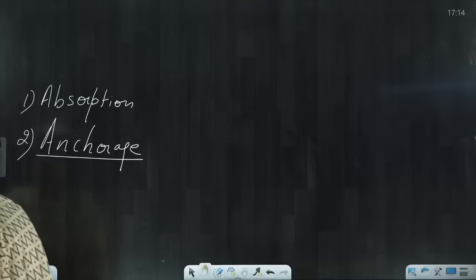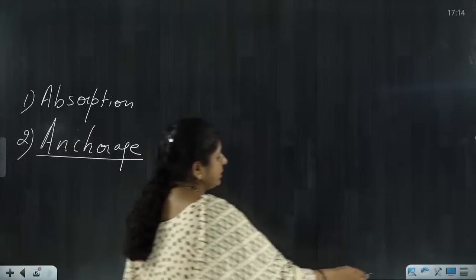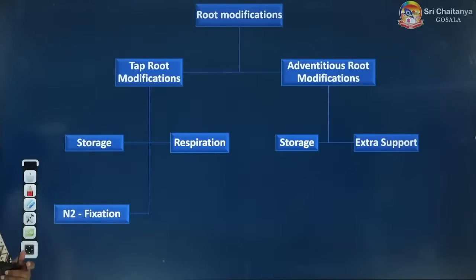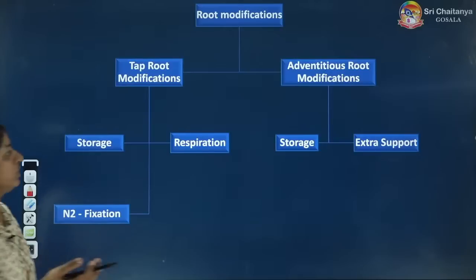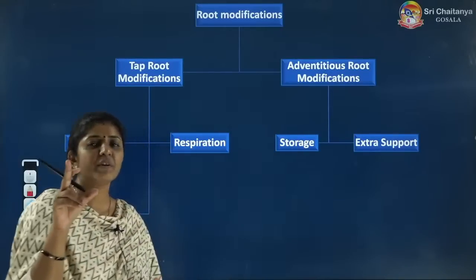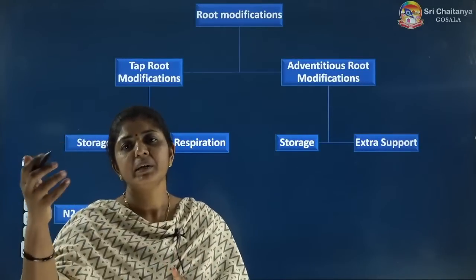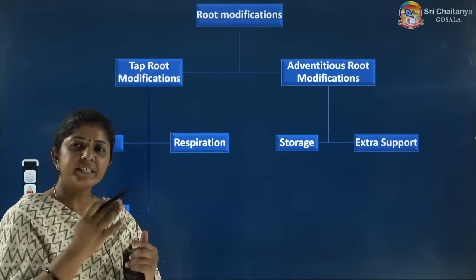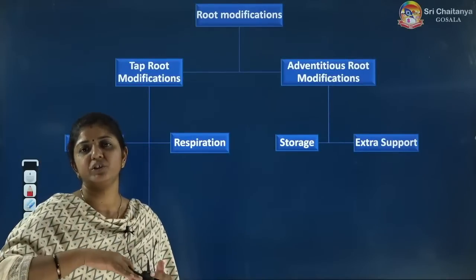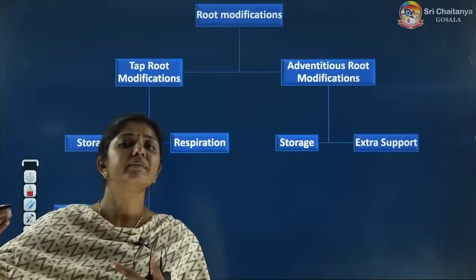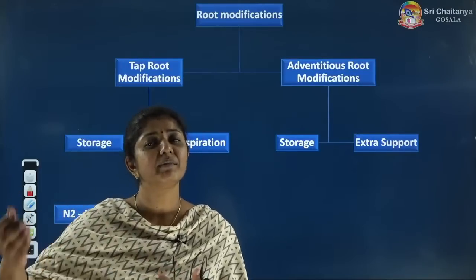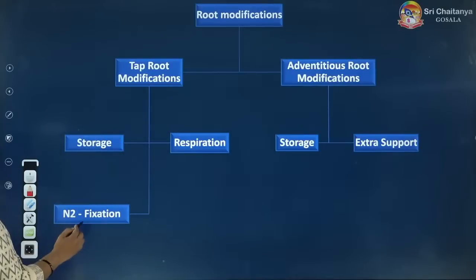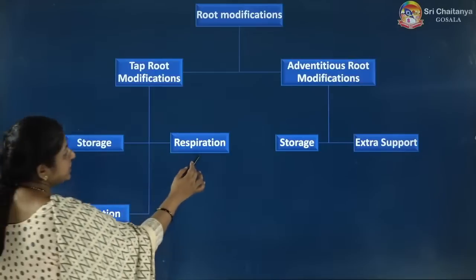Now modification. What are the modifications of the root? See here. Taproot modification means which is derived from the taproot. Adventitious, actually just now I told you, the fibrous root ultimately becomes adventitious. So obviously it will come here, whether adventitious as such or fibrous modification. I repeat, fibrous later becomes what? Adventitious. Fine. So under the taproot 3 modifications we will discuss: storage, nitrogen fixation, respiration,